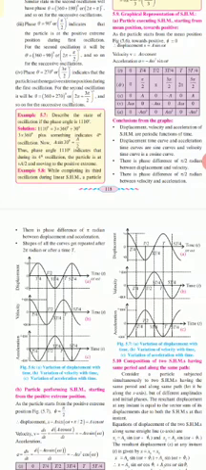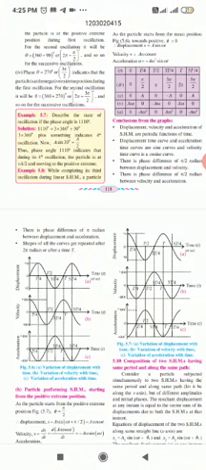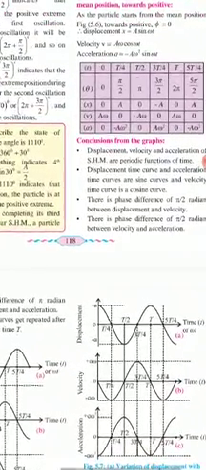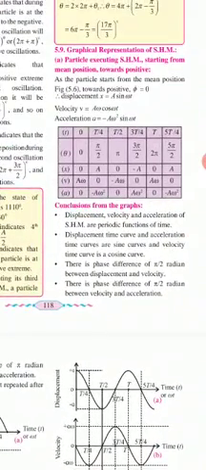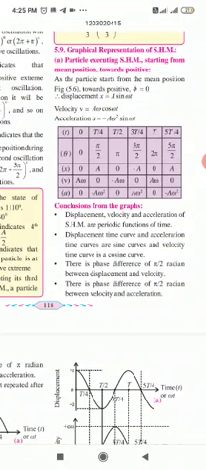So phi equal to 0, displacement x is equal to a sine omega t. Now if you put the values of t and theta, you will get those values. I will show you all these values. Now x is equal to a sine omega t. Now theta equal to 0, t equal to 0, then x is equal to a sine 0, so it will be 0 again. So x equal to 0.